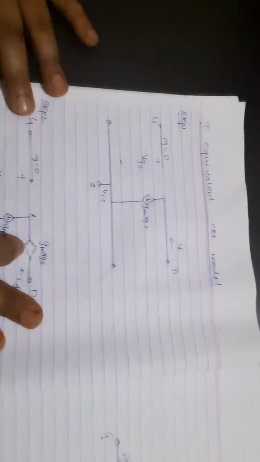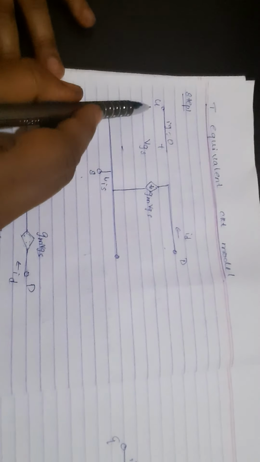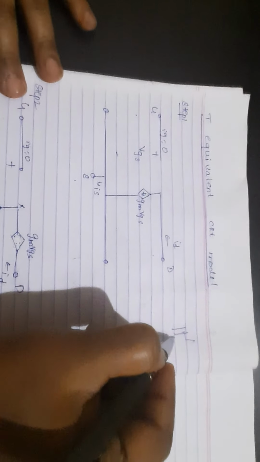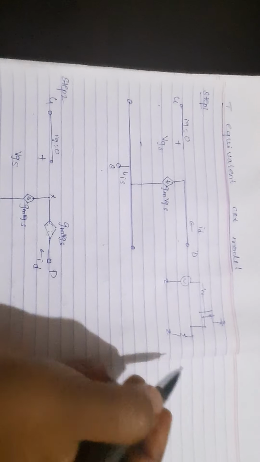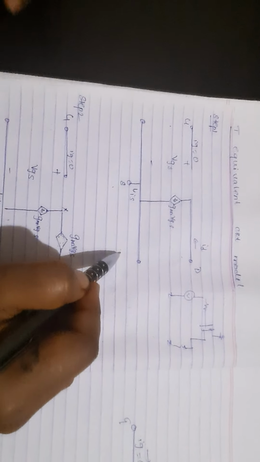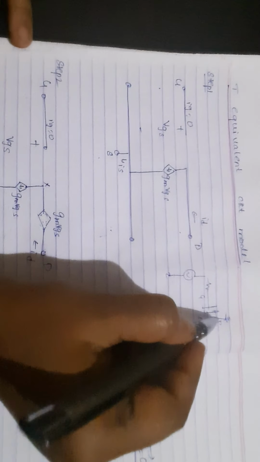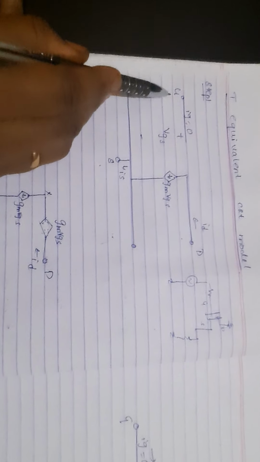In the previous circuit we have seen this is the gate, this is the drain, and this is the source. There are three terminals of our MOSFET. This is our MOSFET, where we have connected the function generator and ground, and to the source we have connected the load and then ground, and the drain is grounded. Now its T equivalent model is drawn. I'll repeat: this is the gate, this is the source, and this is the drain. The drain is connected to ground. At the gate we have VSIG and RSIG. Now just see, this is the gate.